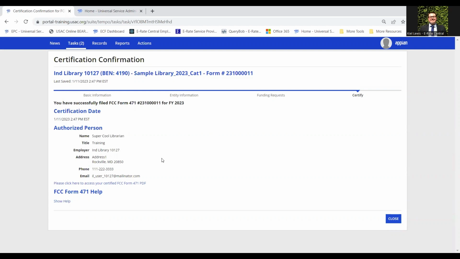In order to print out a certified copy, you should retain a copy for your records first and foremost, but also if you need to send a copy to your library board or other governing body, please click here to access your certified FCC form 471 PDF,